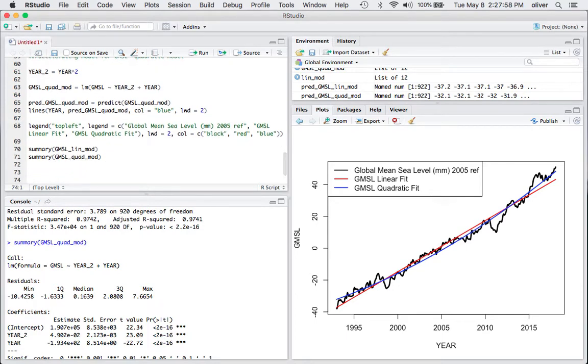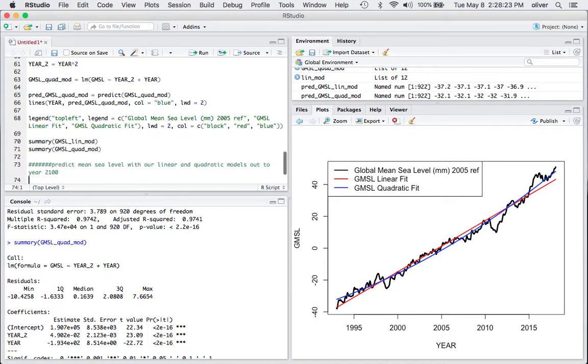If we take these two models, remember we could predict them. Let's go ahead and predict mean sea level with our linear and quadratic models. Remember, the quadratic is the accelerating model, out to year